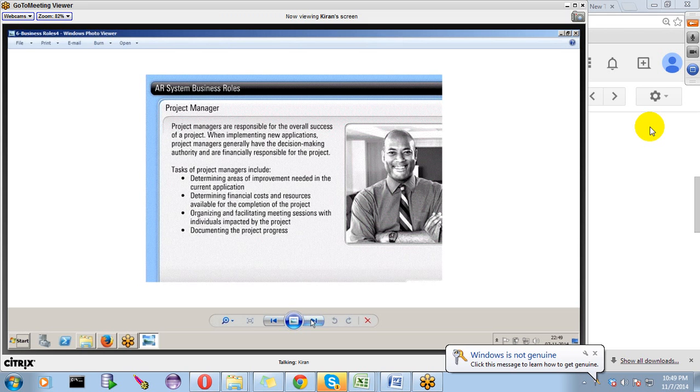He is the decision maker and has the authority, and he is also responsible for financial matters. He will determine areas of improvement: what are the improvements we have to make in our current application? He will determine financial estimations, cost, and he is responsible for any resources: software, development, hardware, human resources,